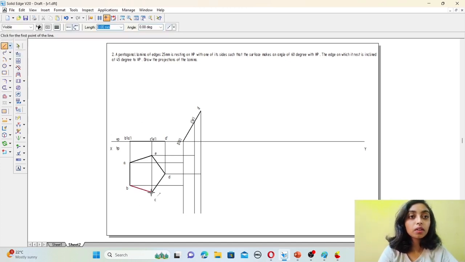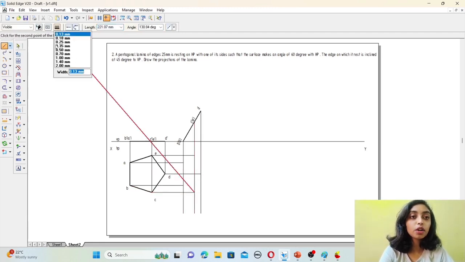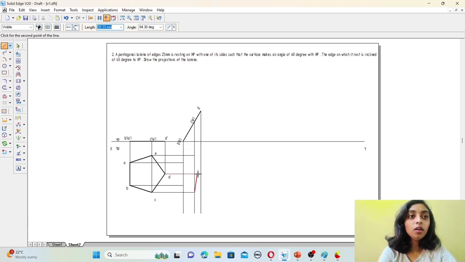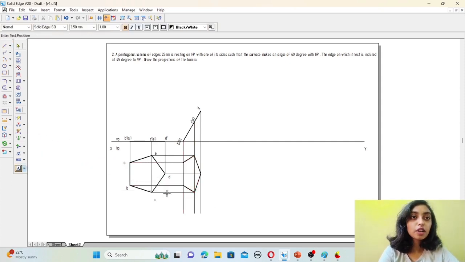Then C point 2. Here C point. Then now select 0.50 mm thickness. Join these lines from here to here, here to here, here to here, here to here, and then here to here. Then now name these. This is our A. This is B and E.